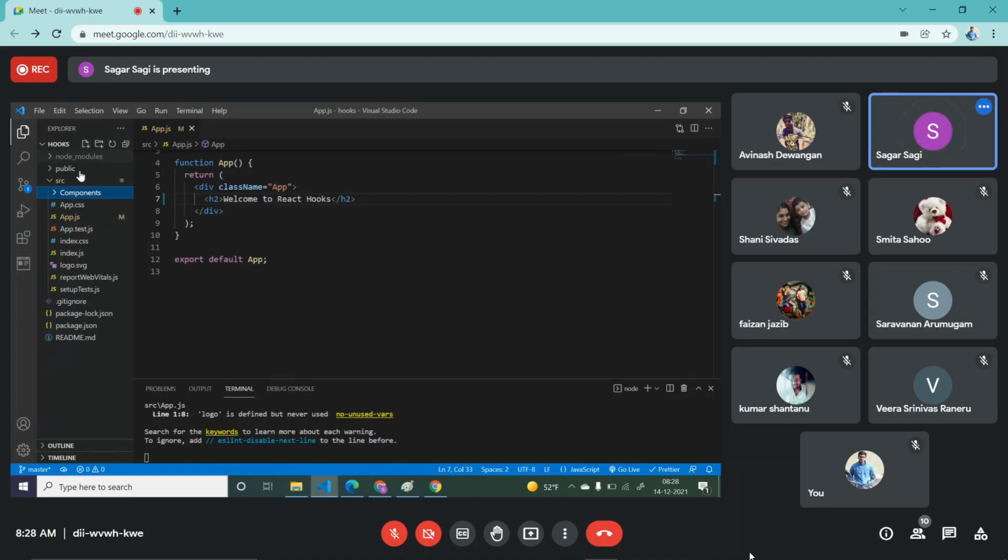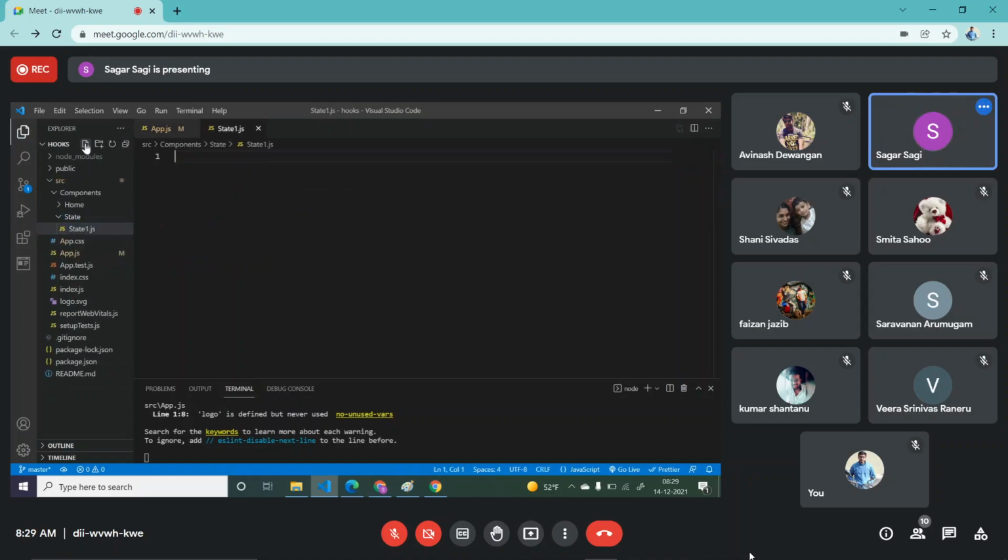Inside this, I will create my first folder, something called state, and I will create one more folder, something called home. I've created two folders. Okay, and in this state folder, I will create my first component called state1.js.